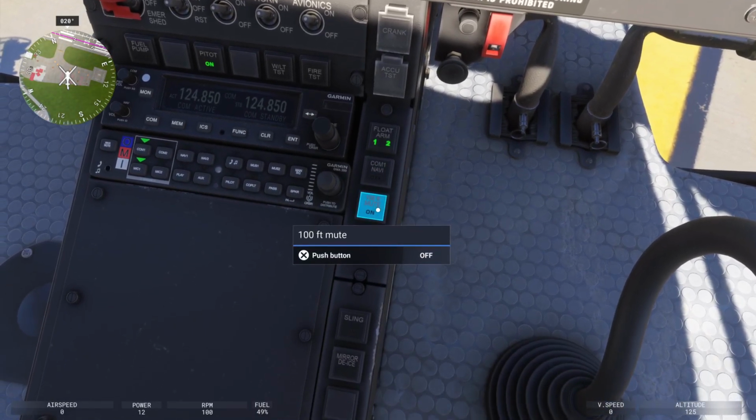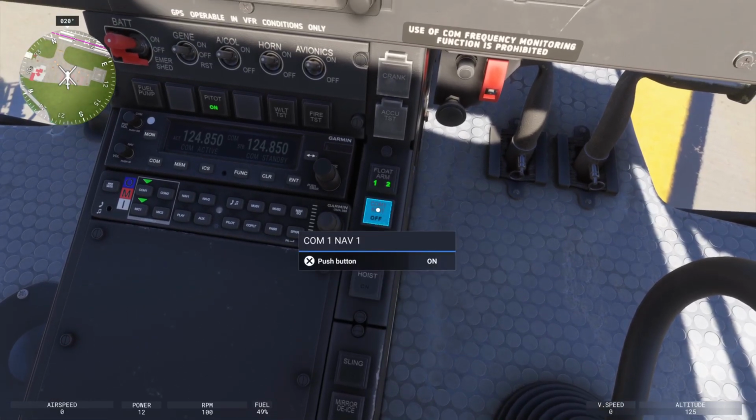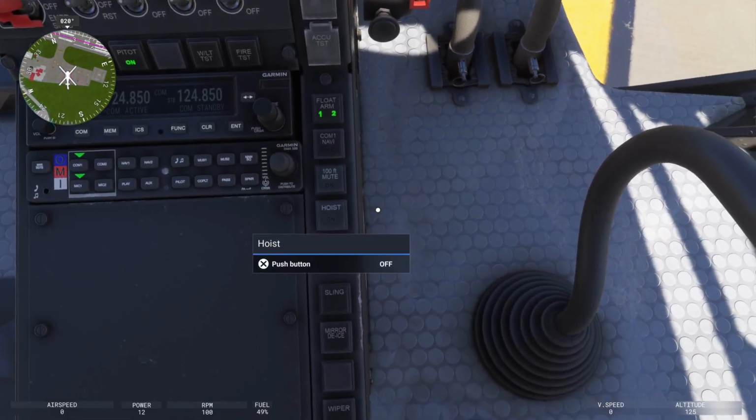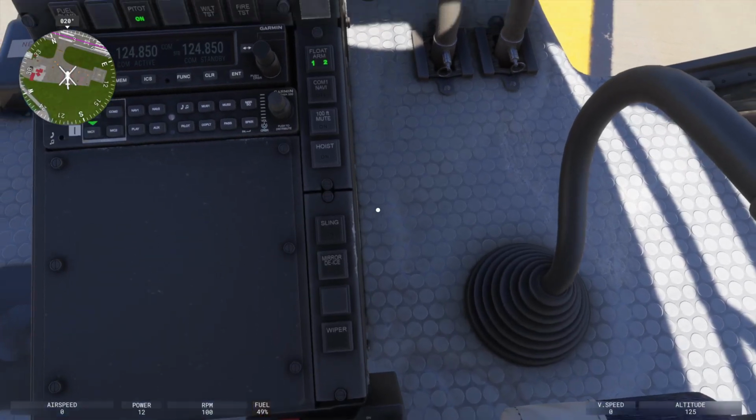And then you've got all of the switches here, COM ones, nav ones, muting of the 100-foot mute, etc. Like that. And then you've got your